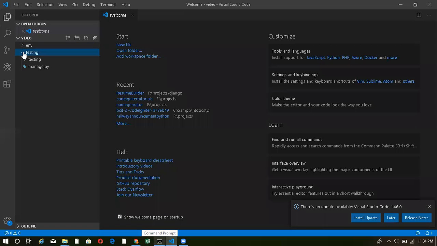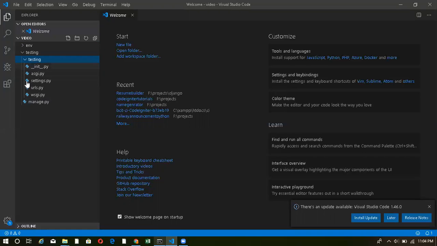So what's an app? Let me just brief you on what all things are inside this. Now, inside my main project, I have a folder named testing and manage.py. Manage.py is responsible for execution of all the files.